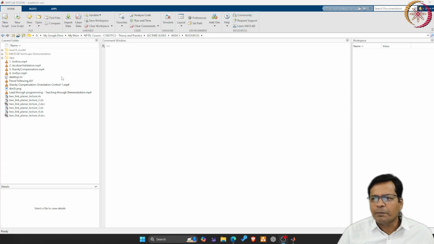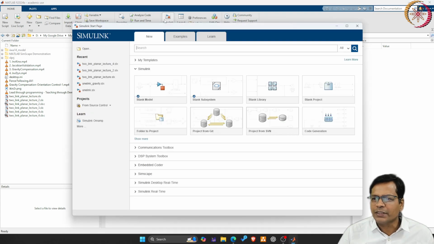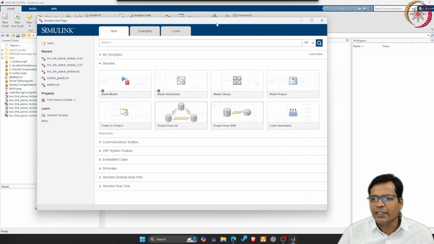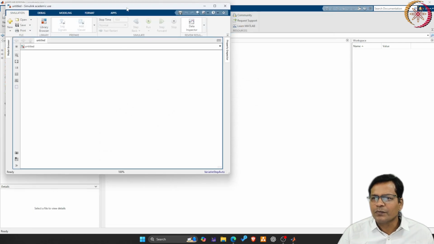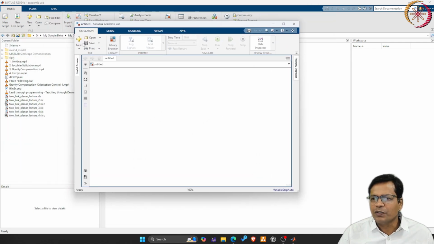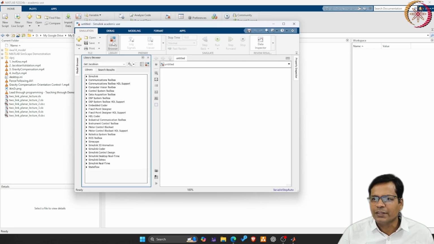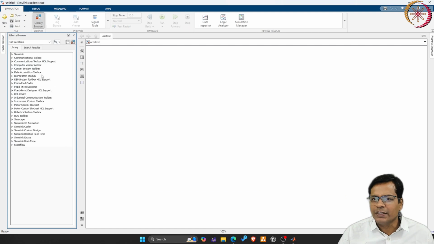When you start MATLAB, you could see an environment which looks like this. Here you see a button where it is written Simulink. You need to press that so that you get the Simulink environment. From there you just need to create a model. Immediately you will get a blank space where you also see the library browser. Using that, you can see the multiple toolboxes installed in MATLAB. They are visible here.